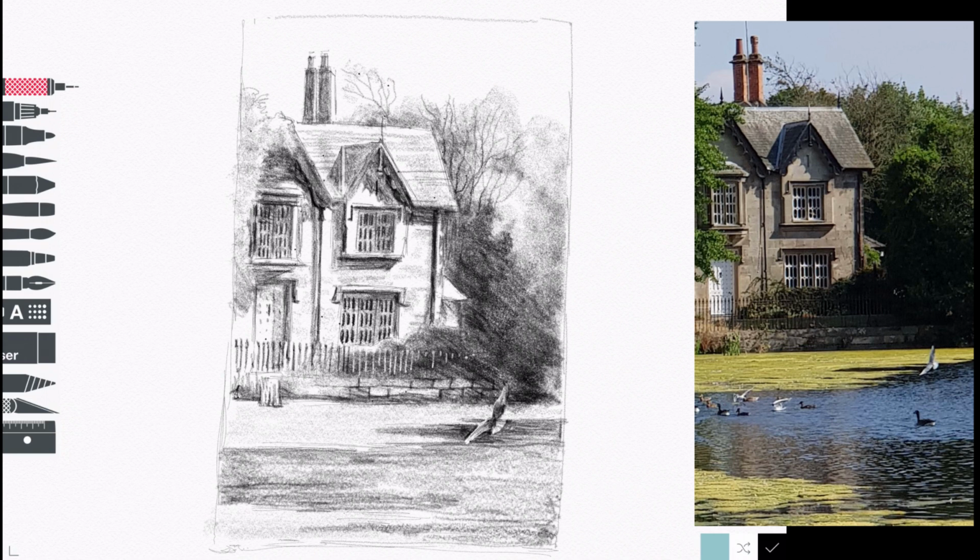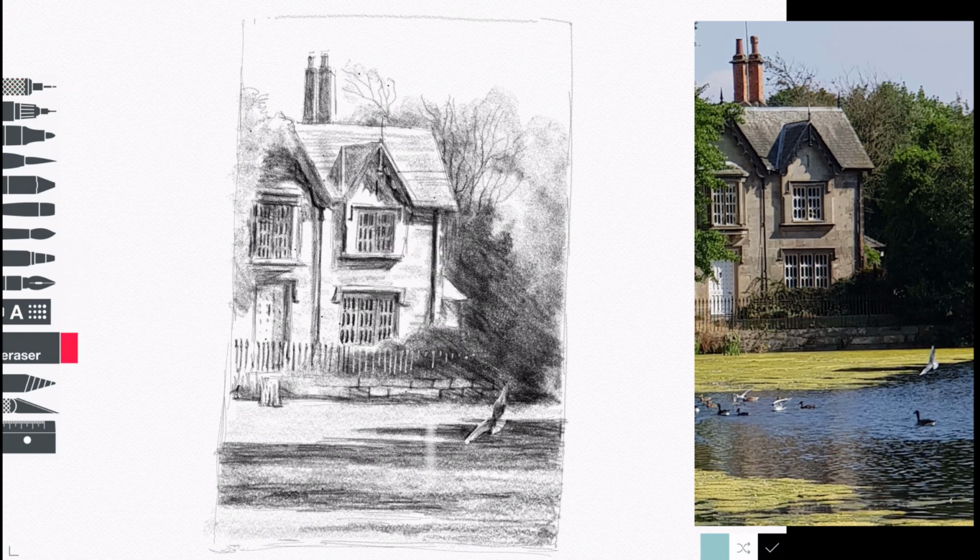If I'm doing a painting, obviously that's different because it is scaled. I might want to print it out at 20 inch by 36, so therefore I need to zoom in to see it at actual size. But this, when I was drawing it, was the actual size, so no point at all in zooming in. Then I used the eraser just to lift out some of the reflections in the water. That, to me, really does now look like water. Very happy with that,